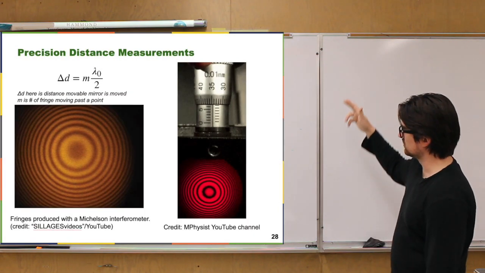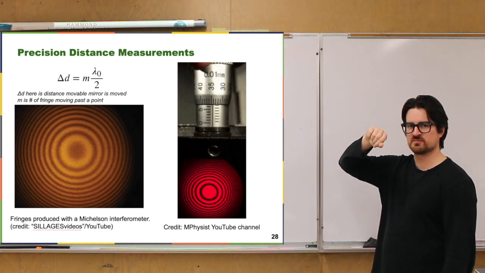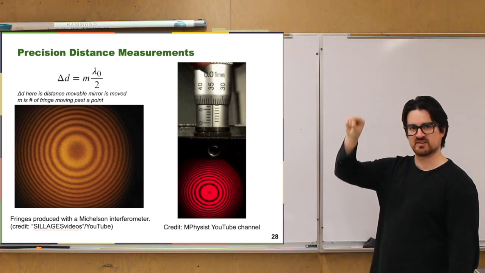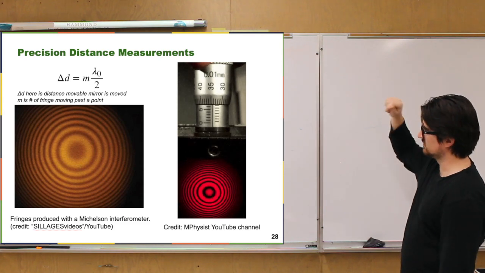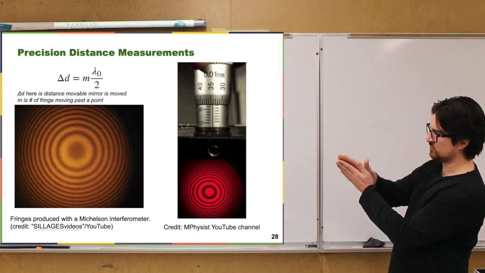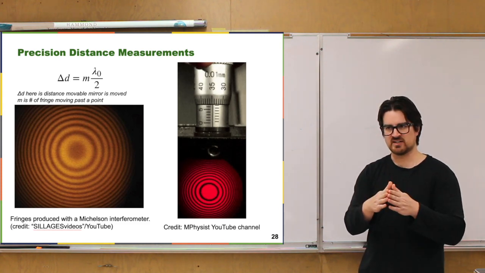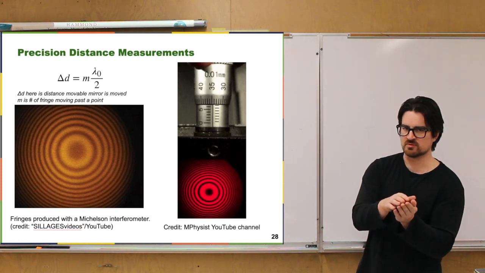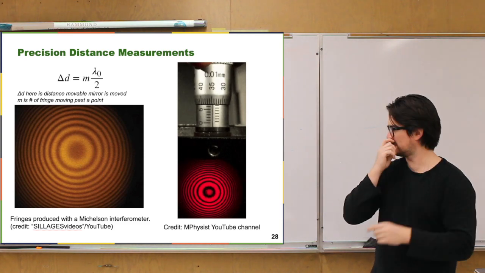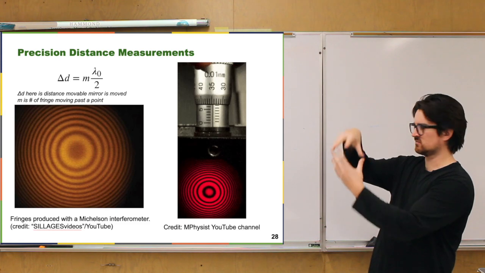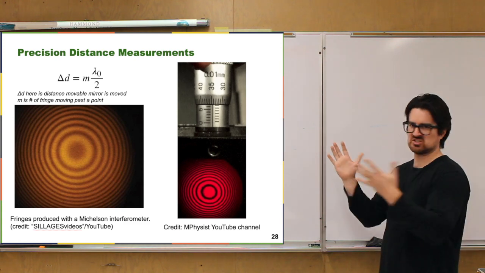In this nice little GIF, they're showing these very slight, small adjustments in the placement of mirror 1, that movable mirror, adjusting by 0.01 millimeters, very, very small. When you do that, you're moving that mirror away, adjusting the phase between these light rays that are recombining, and that causes your pattern to shift in such a way that the rings will move out or move in. Those rings are concentric constructive and destructive interference rings, depending on the distances that the light rays